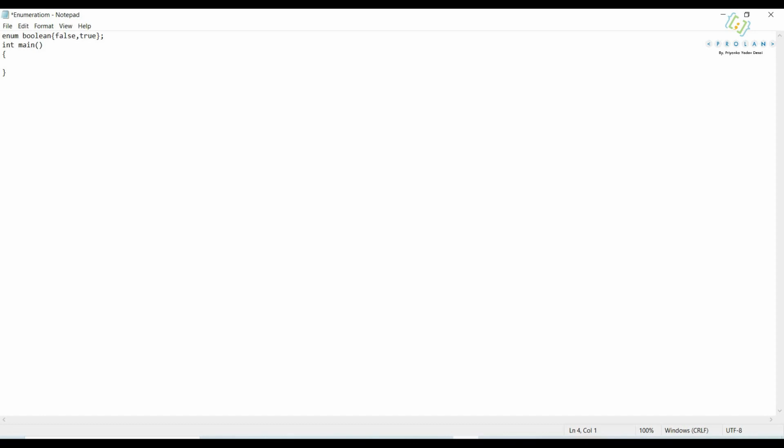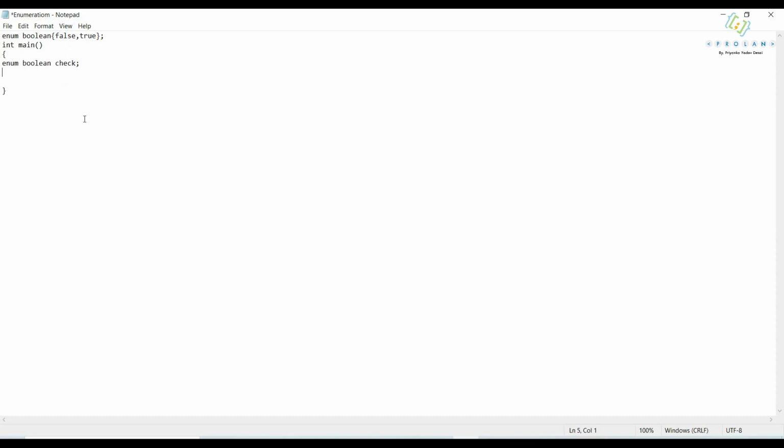Inside the main, I will create a variable of type enum boolean. Okay, now how to create that? Enum boolean check. So check is the variable which is of type enum boolean. Okay, now I can assign any value to check variable out of these two. So are you getting my point? Check is a variable, na? So I can assign any value to check variable out of these two values.